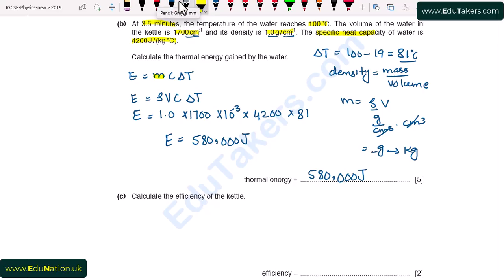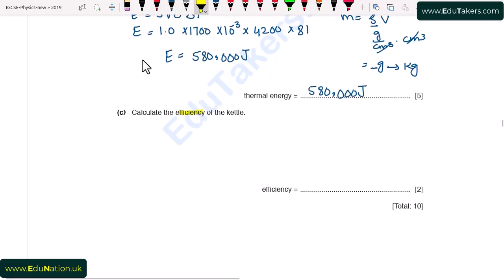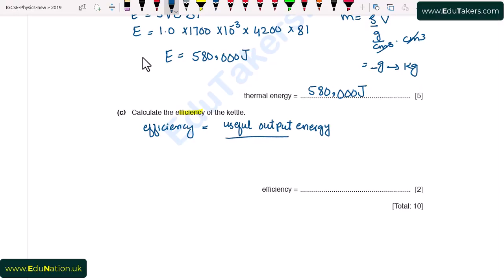Part C. Calculate the efficiency of kettle. Here we have to calculate the efficiency of kettle, and we know that efficiency is the ratio of useful energy output over total input energy. I write here efficiency is equal to useful output energy divided by total input energy